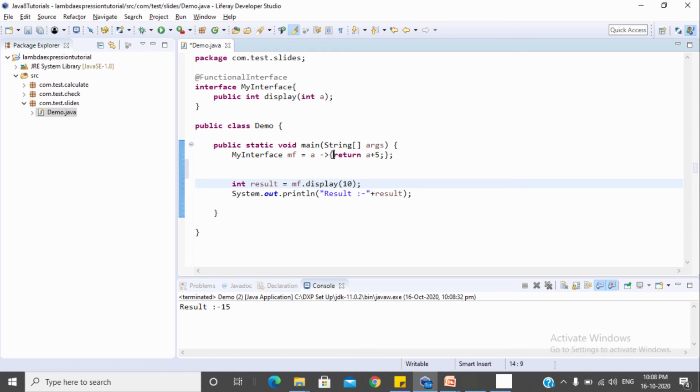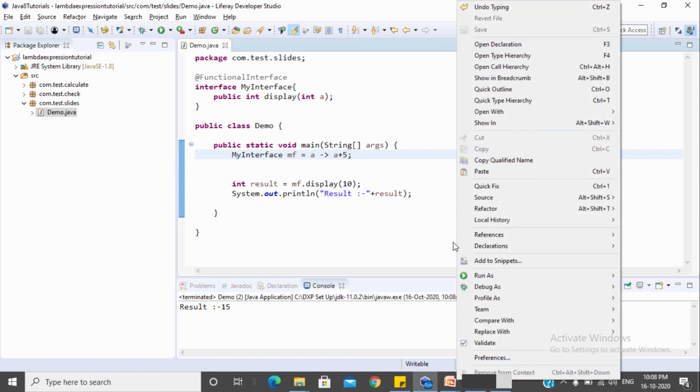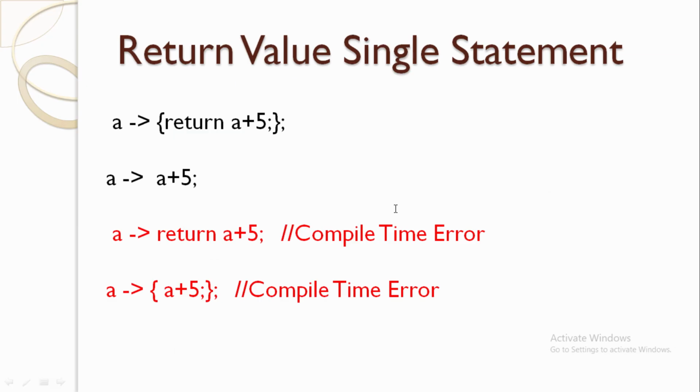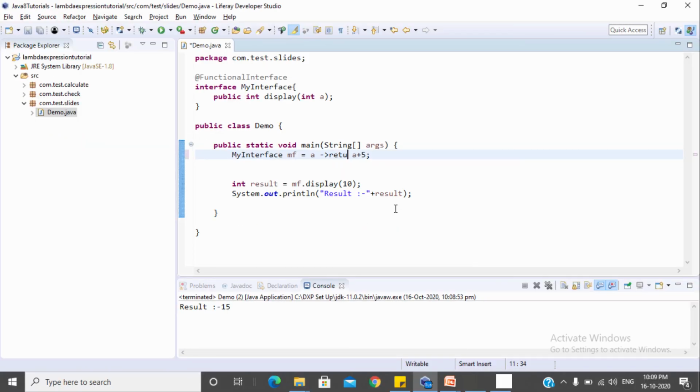So I told you, you can remove this parenthesis, but in this case you need to also remove this return. Okay, so this is also a perfectly valid lambda expression. Okay, so these are the scenarios. So let's check the error scenario. So if you want to return like this, we already saw, then it's an error. Okay, and if you provide the parenthesis and don't provide the return, then it's also an error. Okay, so this is the special scenario in which we return something and we have only one argument.